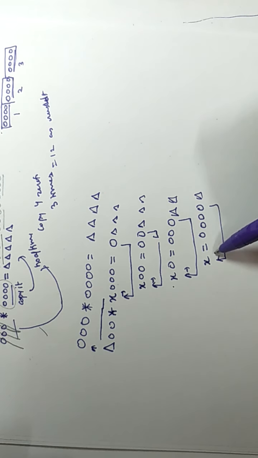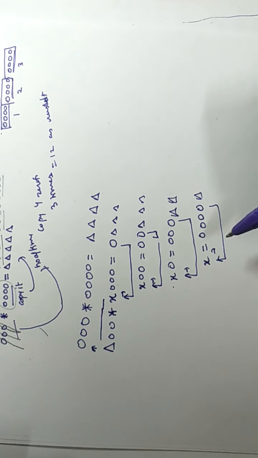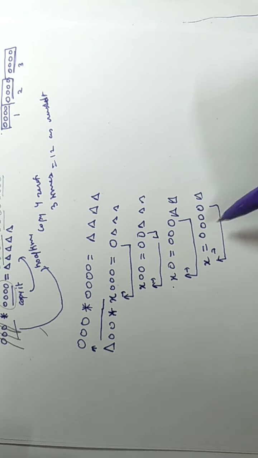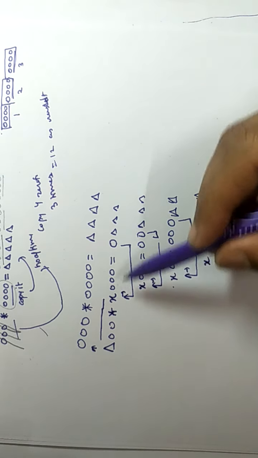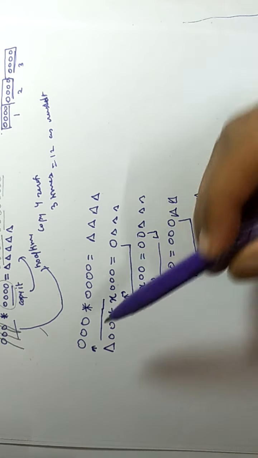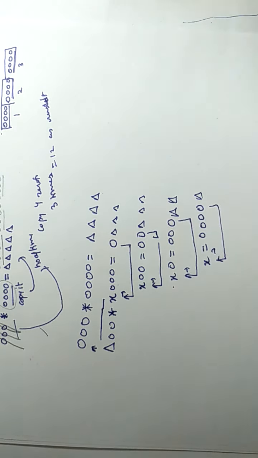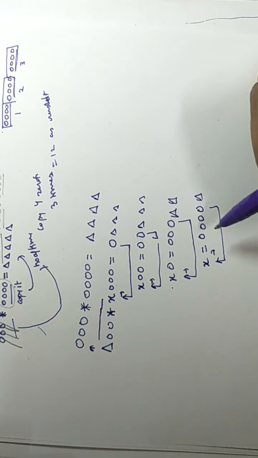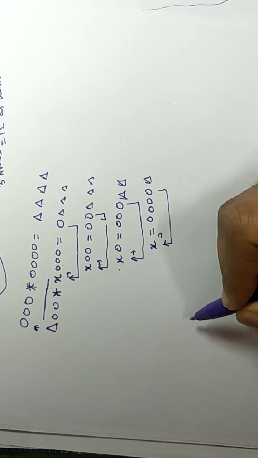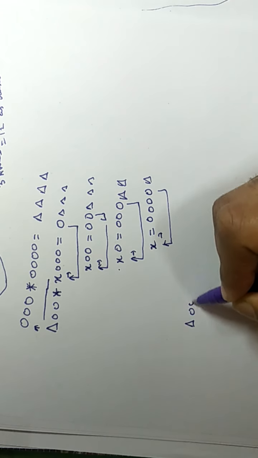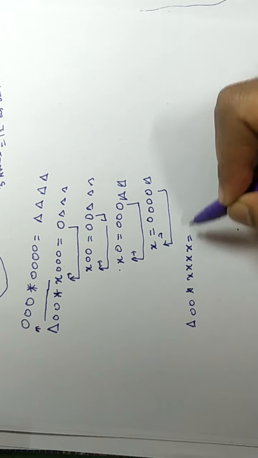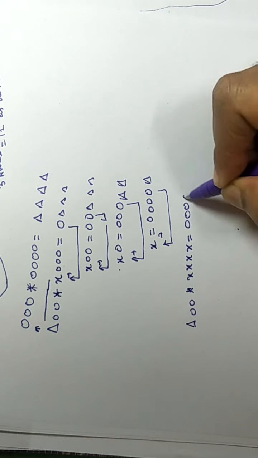In the right of this x we will find equal to. It means that we have done the copies of these 4 zeros here, and we have copied all zeros. So we have done with this procedure one time. So we have to go back here. So till now we have in this position blank 0 0 asterisk x x x x equal to 0 0 0 0 and blank.